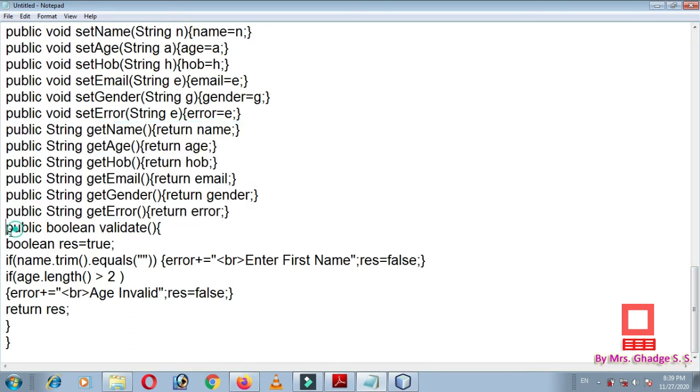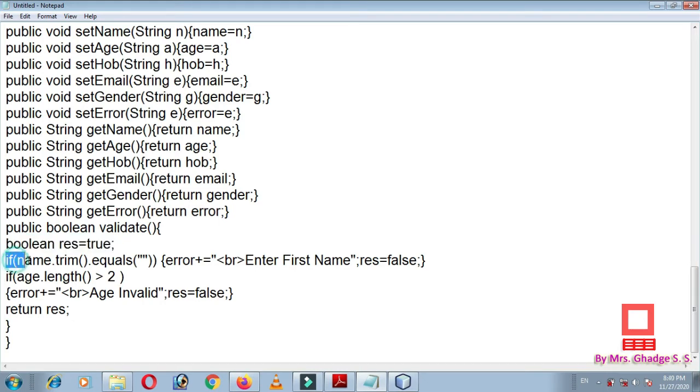And here one validate method is written. So what will validate do? It will check whether all the data entered by the user is valid or not. Here is one variable, boolean res equal to true.